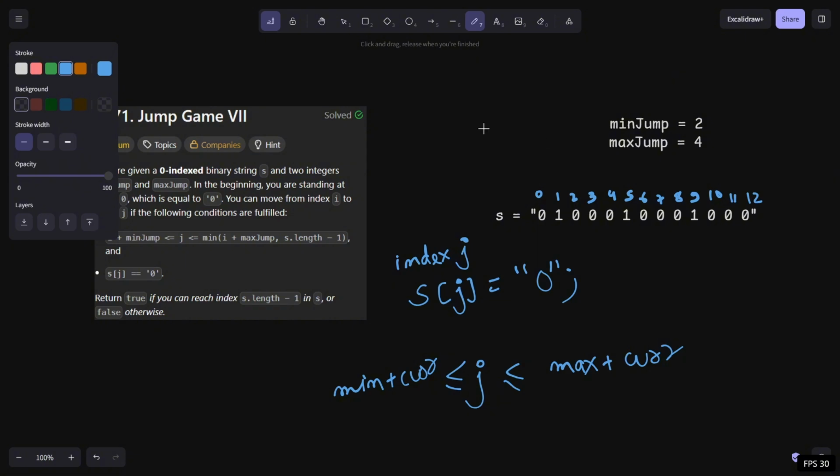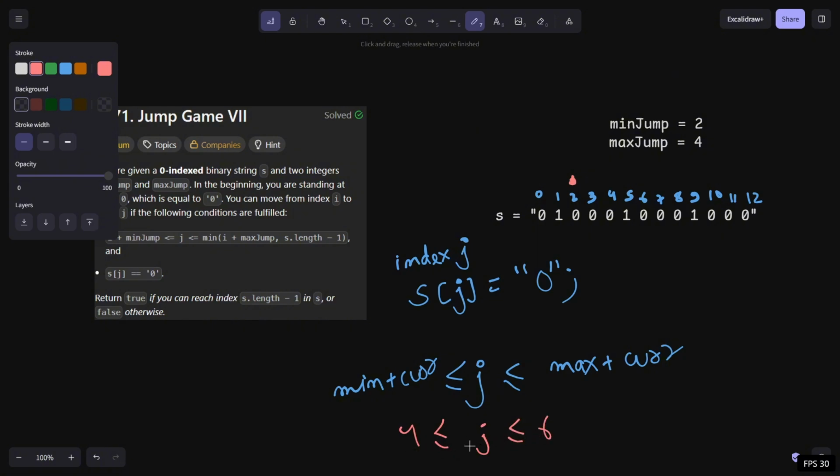Okay, so basically we have indices 0 1 2 3 4 5 6 7 8 9 10 11 12. Let's consider we are at index 2, the minimum jump is 2 and the maximum jump is 4. So j can be between current plus minimum, that is 2 plus 2, which is 4, and current plus maximum, that is 4 plus 2, which is 6.